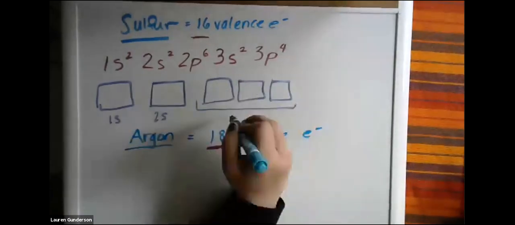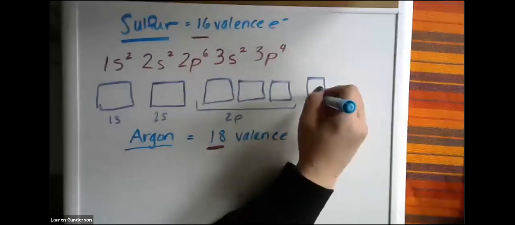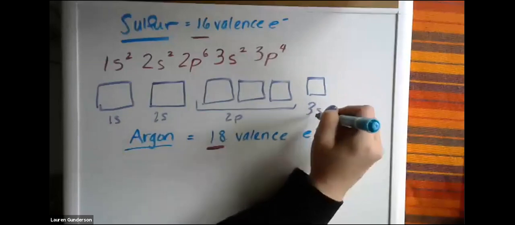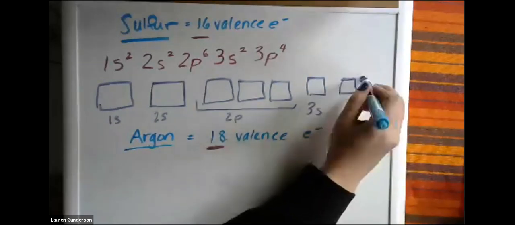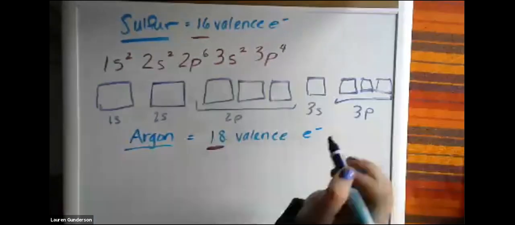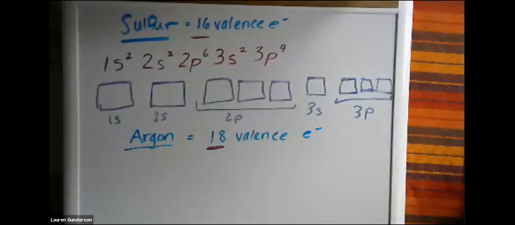This represents 3s. And my 3p boxes are small because I ran out of room. That's fine. And now you go through and you fill out the actual electrons,